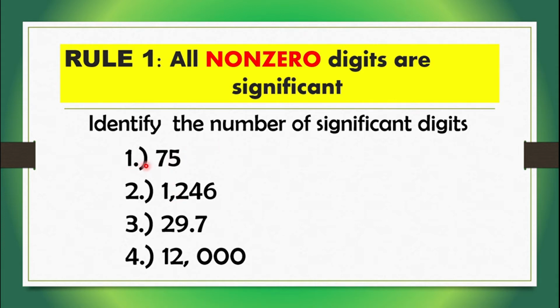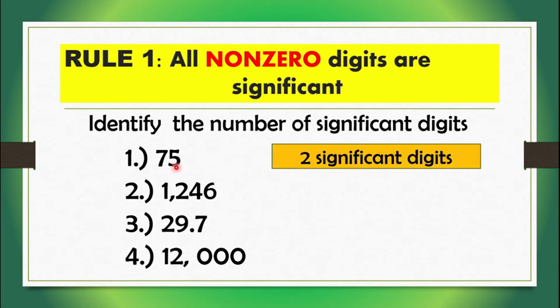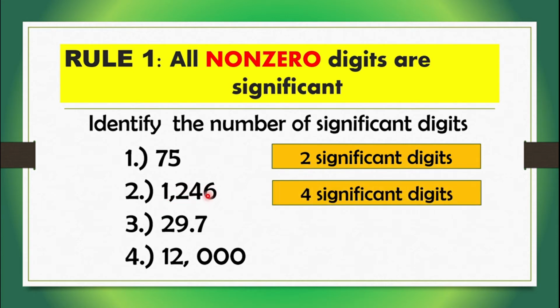For example, in number 1, 75, 7 and 5 are non-zero digits, and therefore, if we count them, we will have 1, 2, two significant digits. For number 2, 1246, these digits are all non-zero, and if we count them, we will have 1, 2, 3, 4 significant digits. For number 3, 29.7, these are non-zero too, and therefore, if we count them, we will have 1, 2, 3